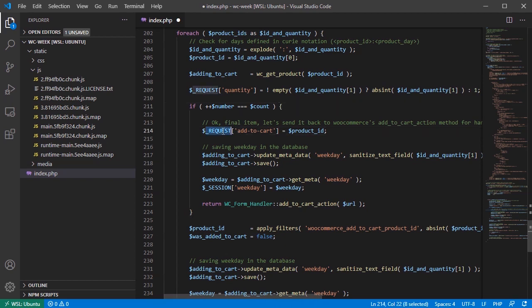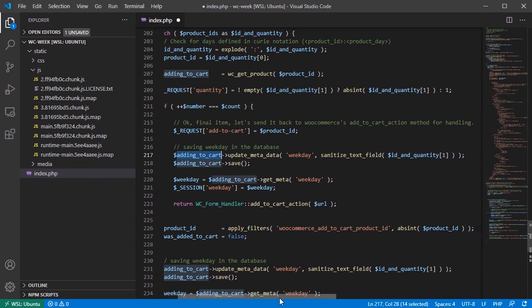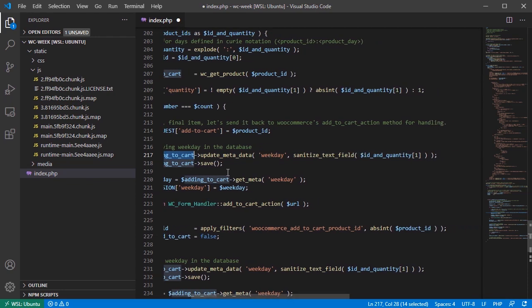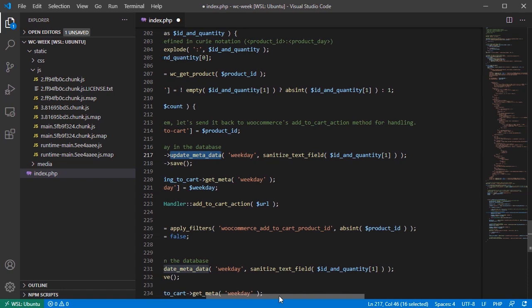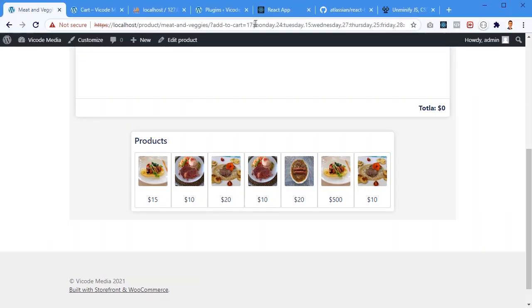Alright, so we assign to request add to cart product ID, saving. Now here we're saving the weekday in the database. Alright, we have adding to cart, we update metadata, weekday, sanitized text, ID, and quantity. So basically here we're grabbing the data, this data after the ID, and we insert it in the database as